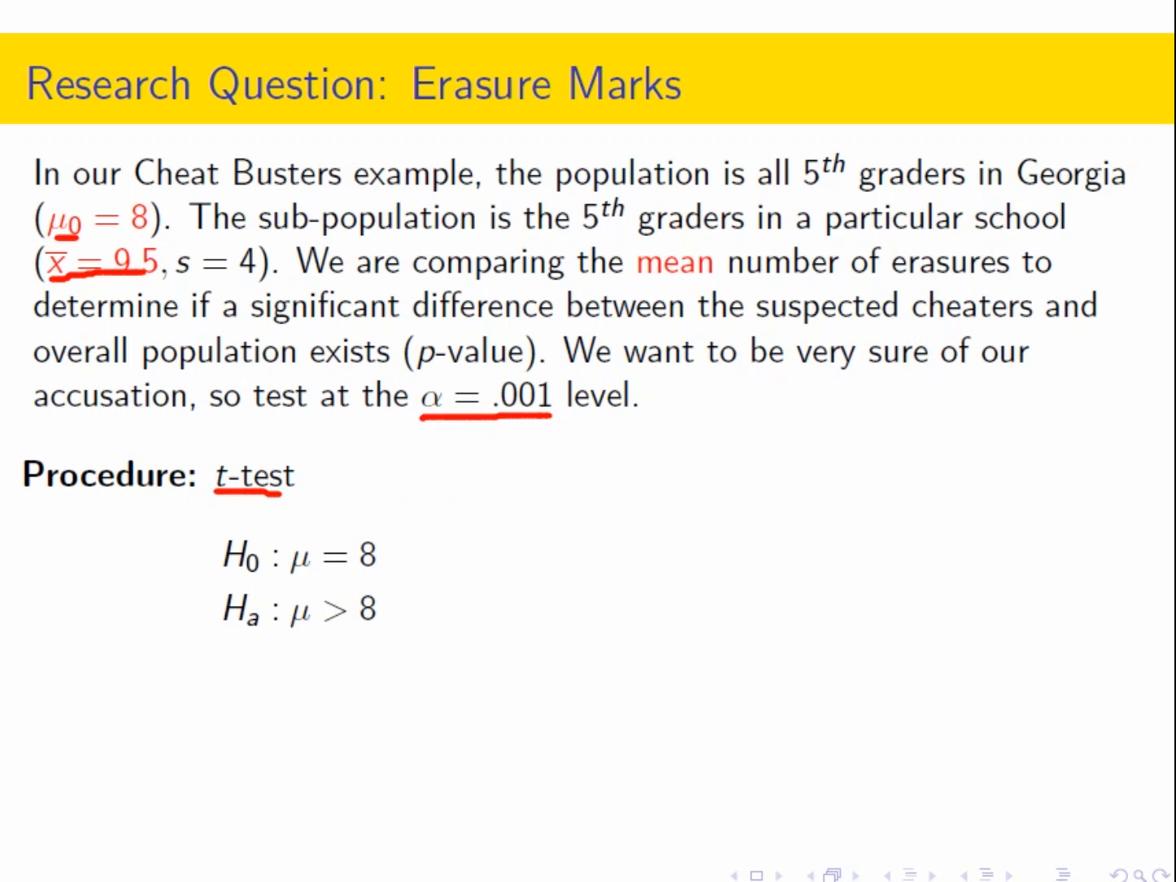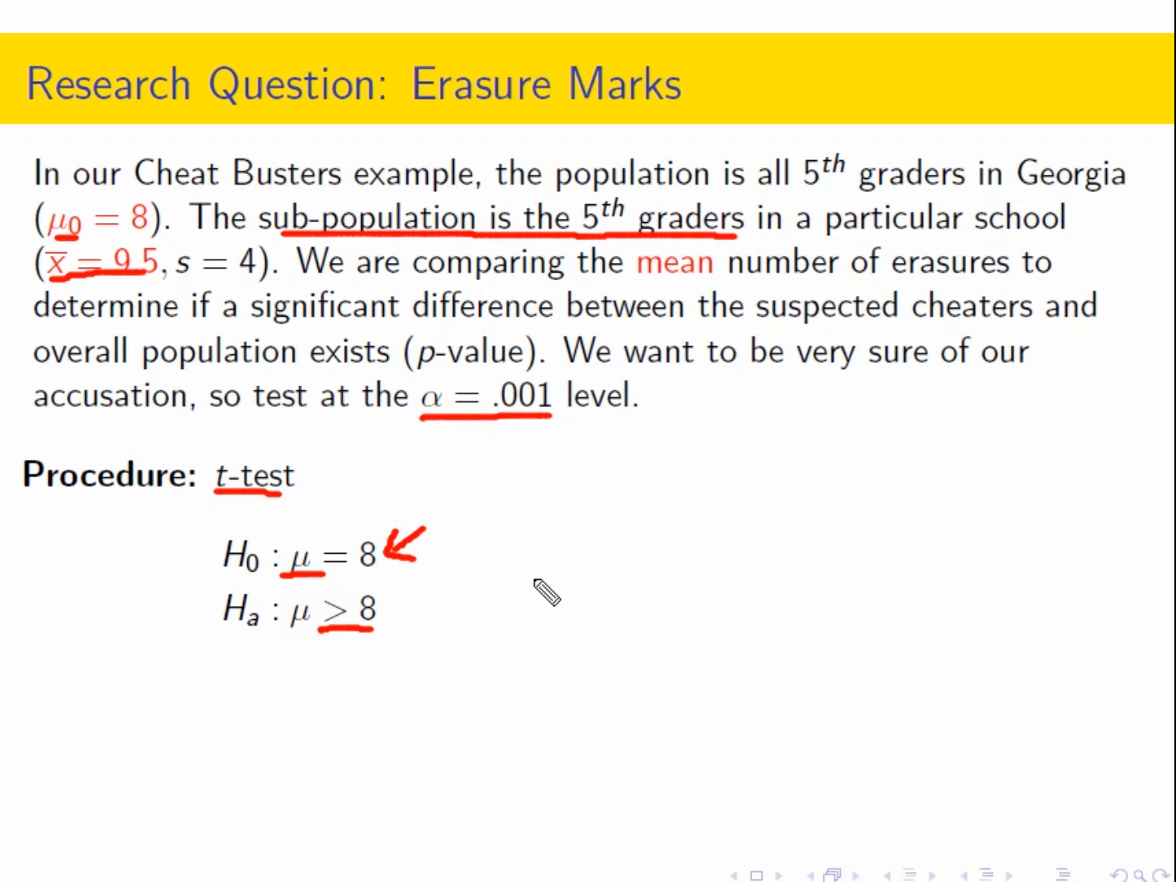And here's what I was talking about with the symbols. We're using this mu to indicate the subpopulation, the fifth graders from the school where the suspicious test came from. And then mu sub 0 is the number that goes in the hypothesis. So the 8 is the mu sub 0, and we're comparing the mu, the average from the subpopulation, to the overall population average of 8. And our question is whether or not